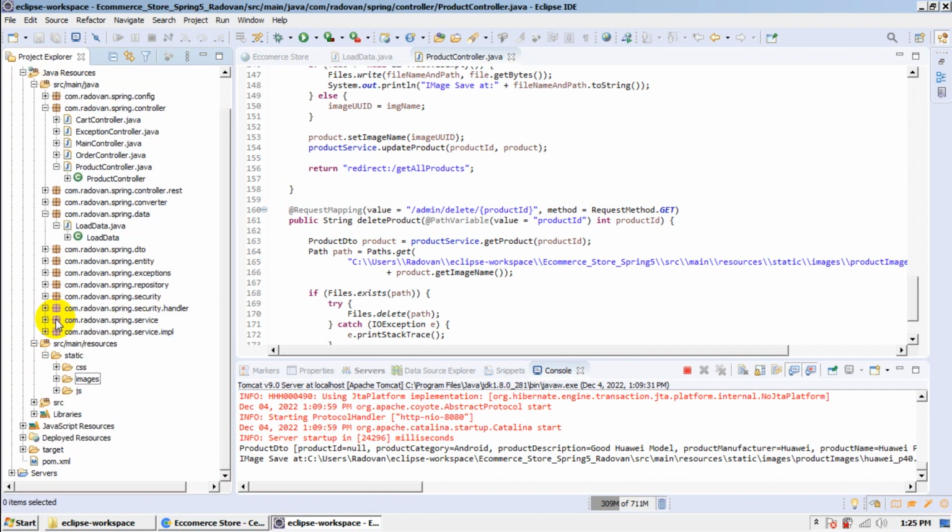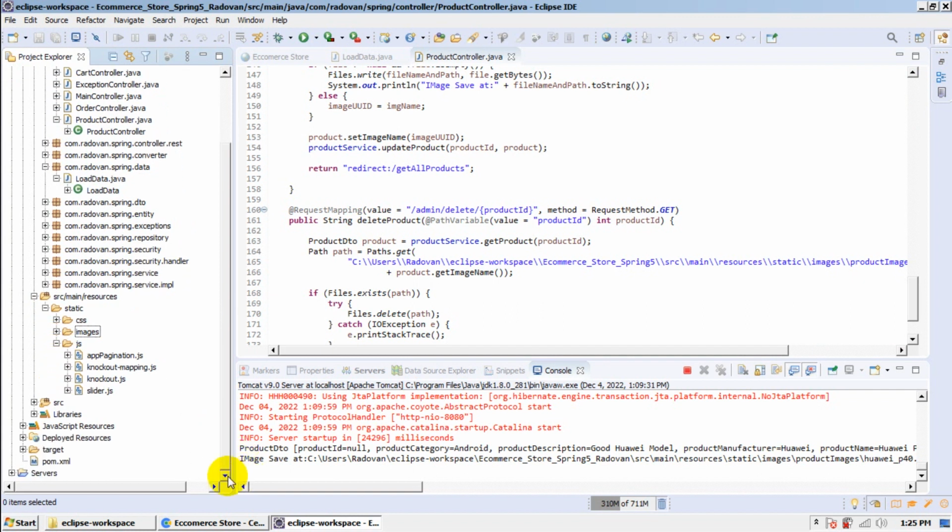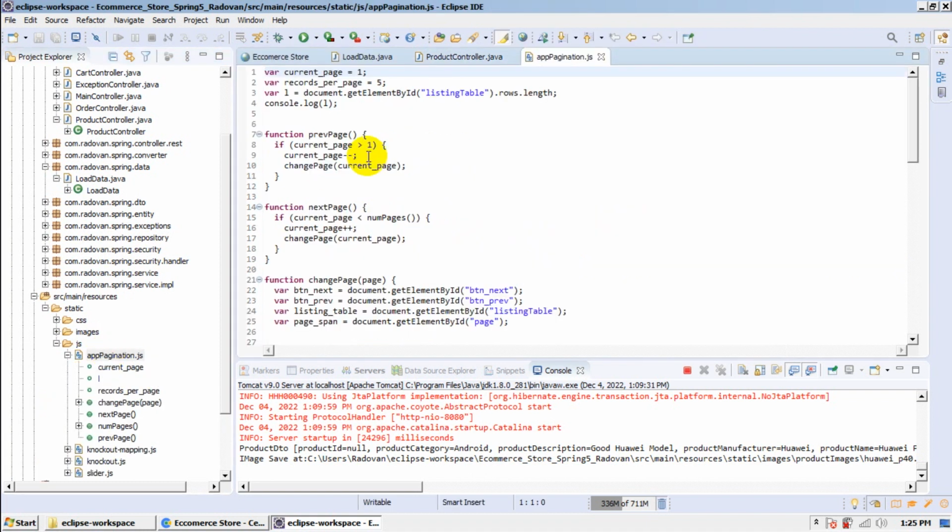Okay, these are the images, and in the JavaScript you will find the folder. This one is for the slider. These two, knockout and knockout mapping, are the knockout library that we will use later for the cart to display and remove product items from the cart. And here is the pagination, some JavaScript code to help us do pagination of the product